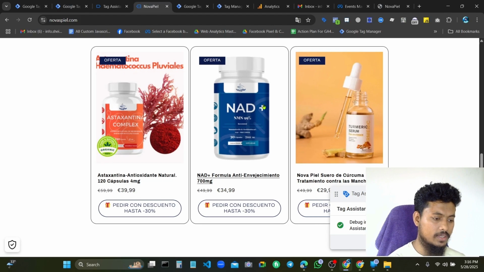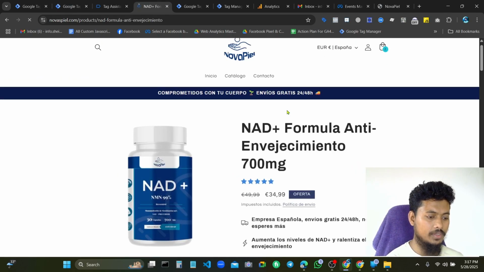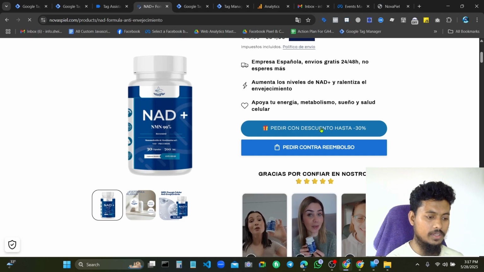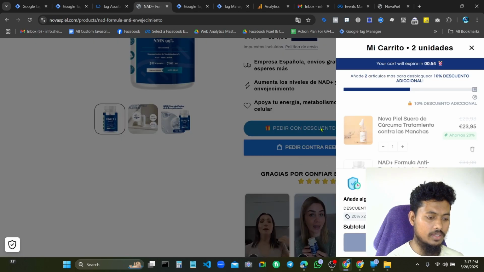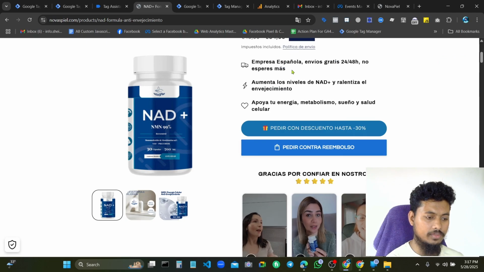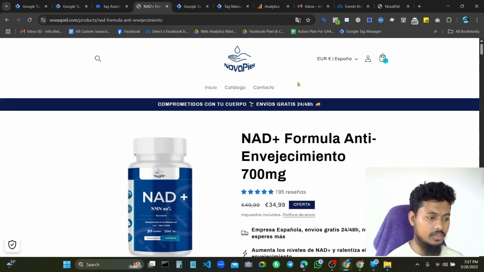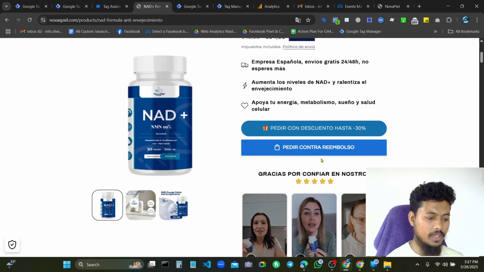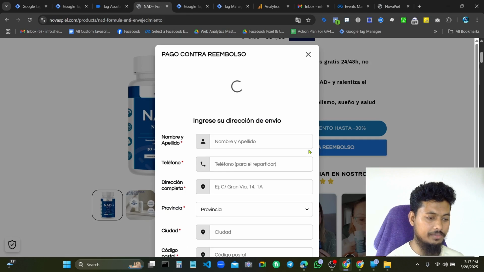If we click this product and take action against this 30% off button, first we need to check this: the pay button click NAD plus product, and the second one is cash on delivery.